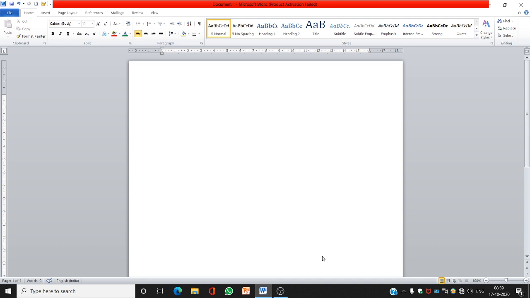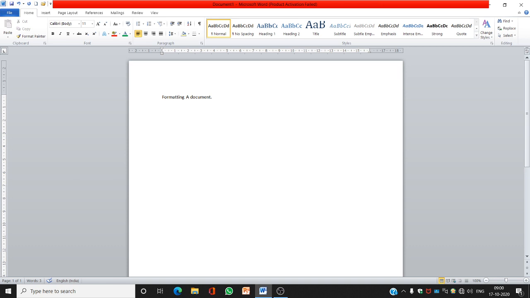Students, today we will discuss chapter 6 of unit 3, formatting a document. Formatting means to change the appearance of the text or the page. You can change the look of the text, so that is called formatting of a text. You can apply formatting in two ways. First, you can write the text and then apply the formatting on it, and second, you can select the formatting first and then write the text.